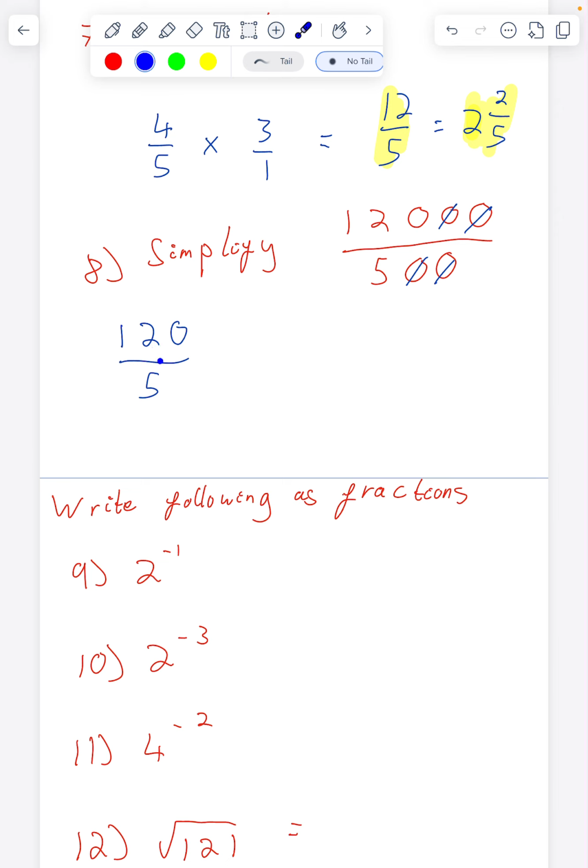This would actually be my answer. Now, that is your answer. You might actually have a scenario where you want to get this into a decimal, but now this becomes quite easy. Okay. Well, this isn't our final answer because we can now go and say, well, what is 120 divided